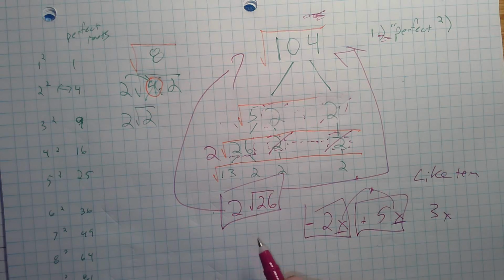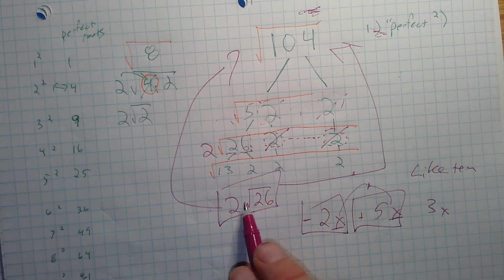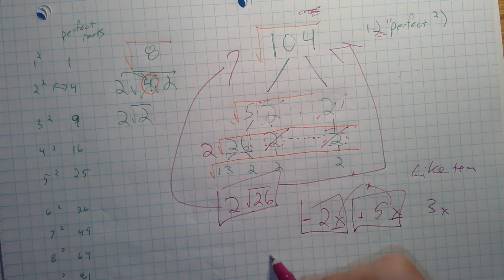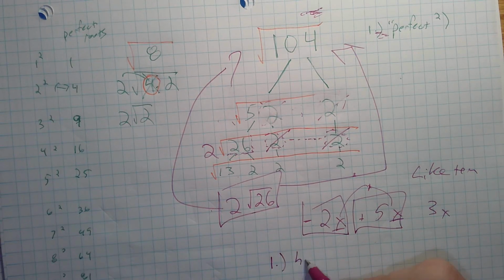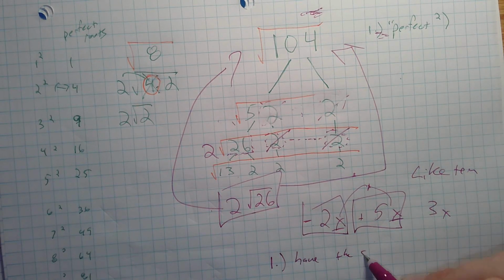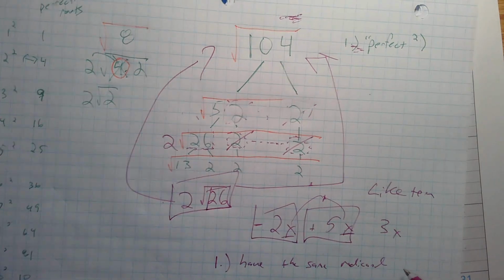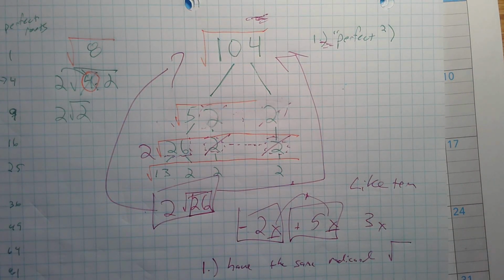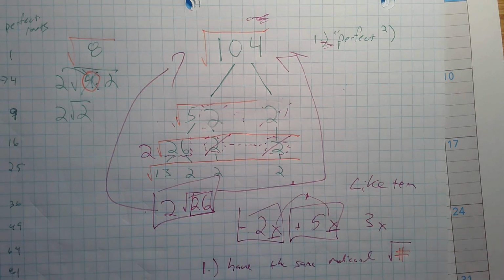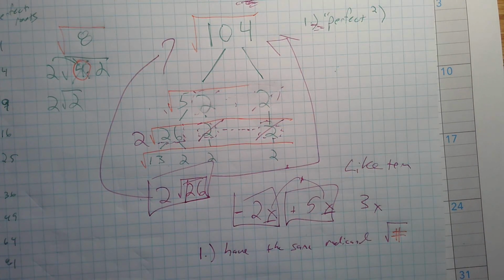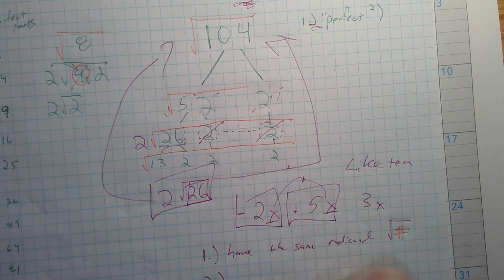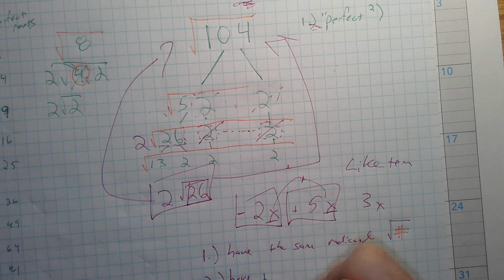In order for radical terms to be like terms, they must, 1, have the same radicand. The number inside must be the same. Radicand is this number. That number must be the same. And then 2, they have the same